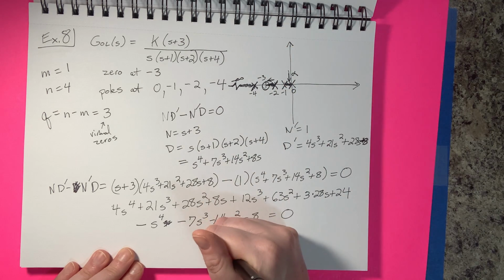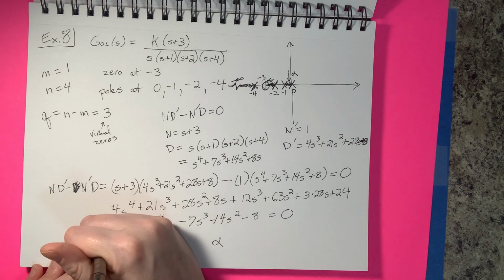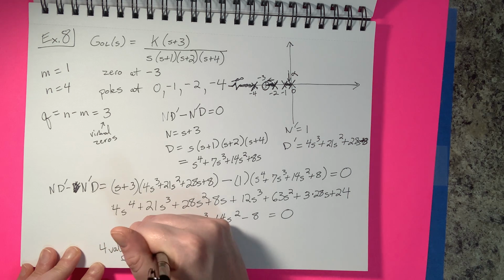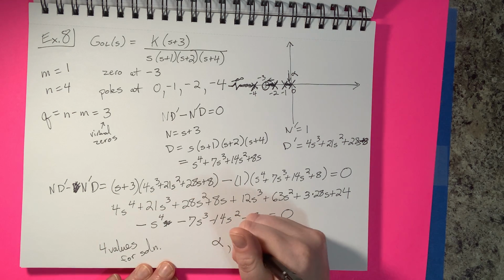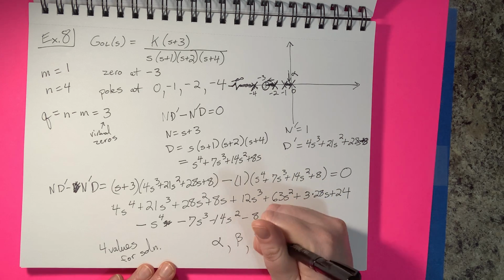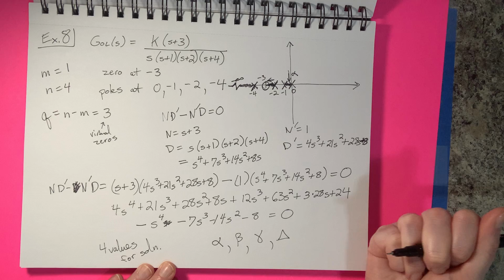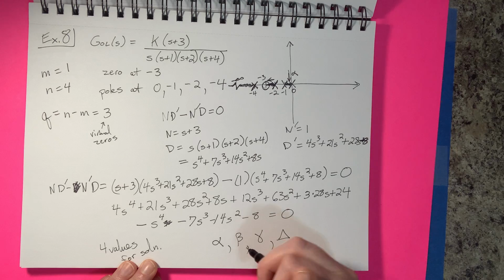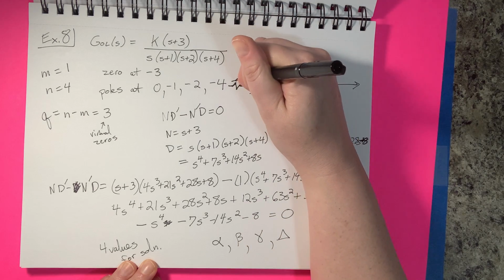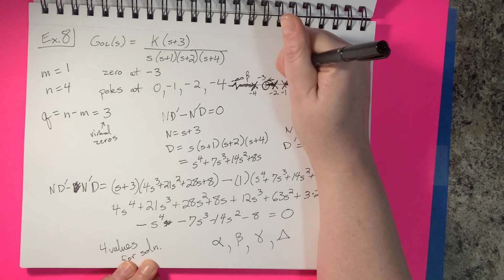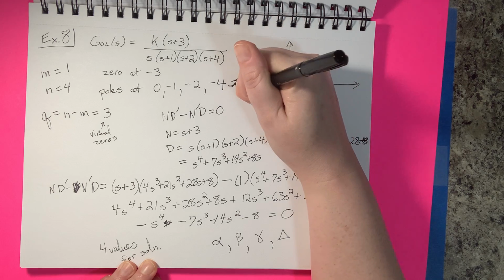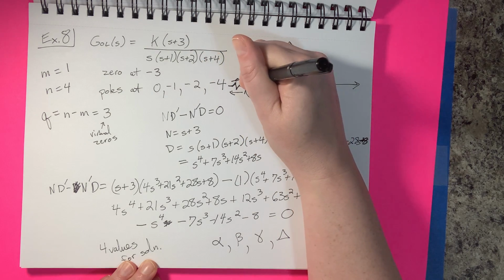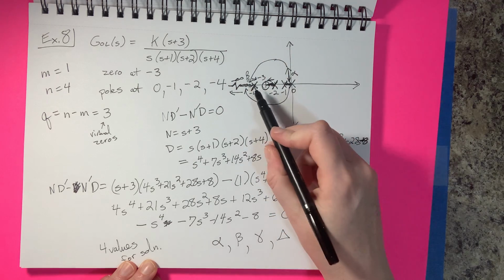We'll call that alpha. So in this equation, we will have 4 values for the solution. Okay, let's call those alpha and beta and gamma, and we'll have the triangle delta. Okay, we should have an alpha and a beta that makes sense for our equation. So we break out at alpha, and we break in at beta. Okay, and again, one of our poles is going to go this way, and one is going to go towards